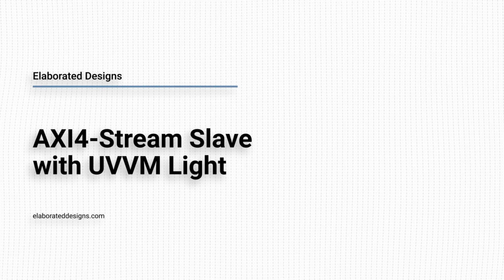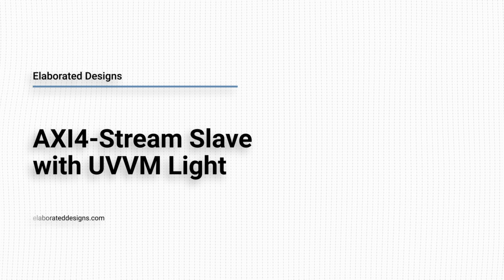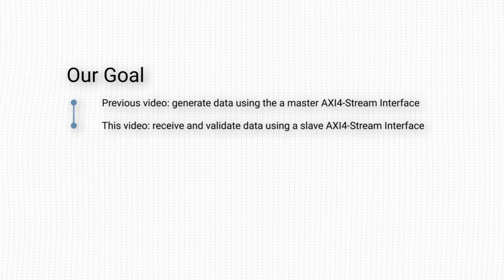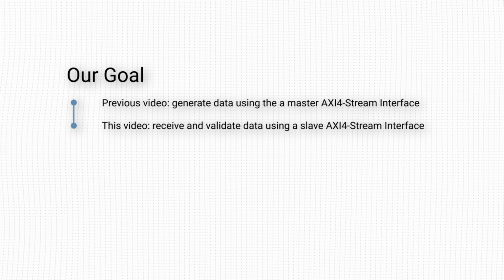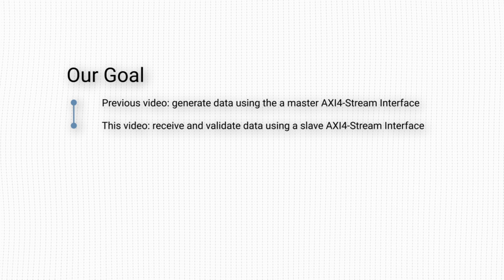In this video we will look at how to receive and validate data using a slave AXI4-Stream Bus Functional Model from the UVVM Light library. In a previous video we set up a simple test bench to generate data using an AXI4-Stream Bus Functional Model, BFM, from the UVVM Light library. In this video we will expand that test bench to include a slave interface that receives and validates the data